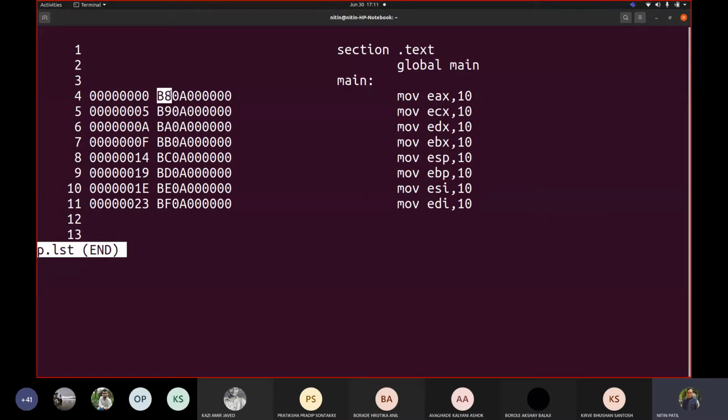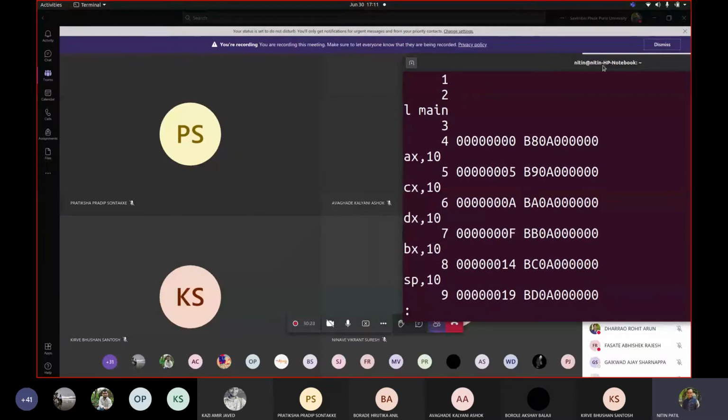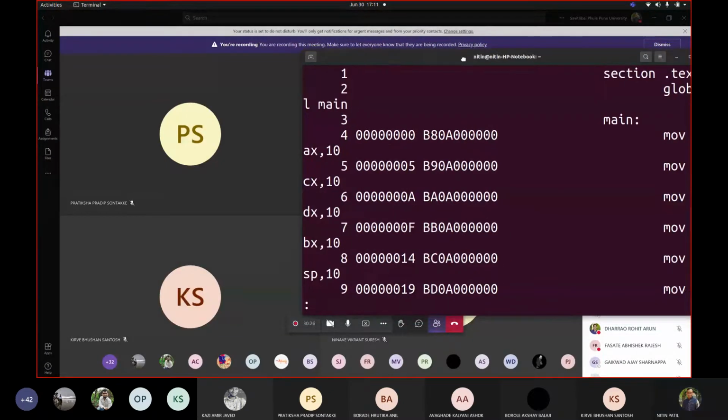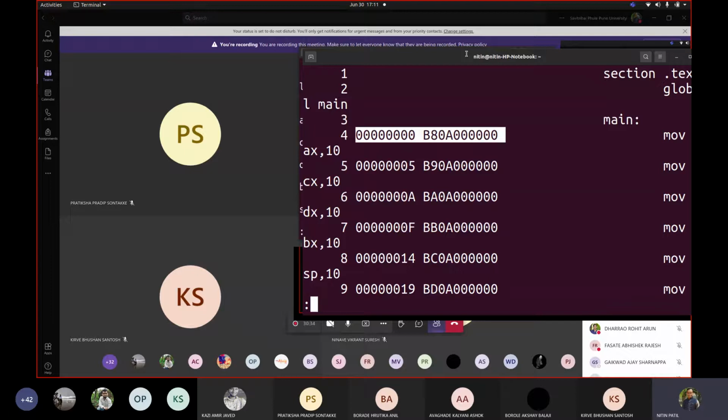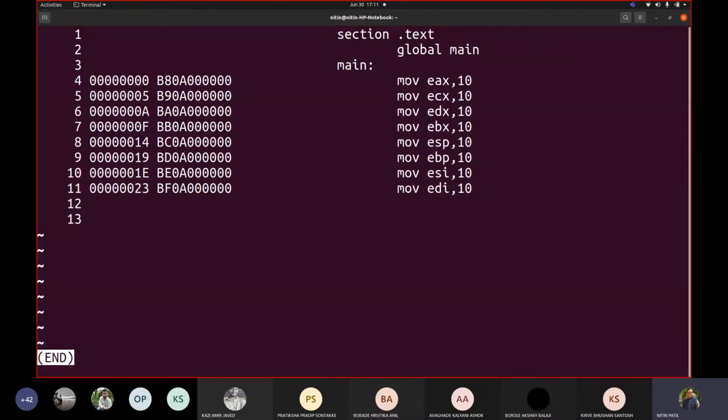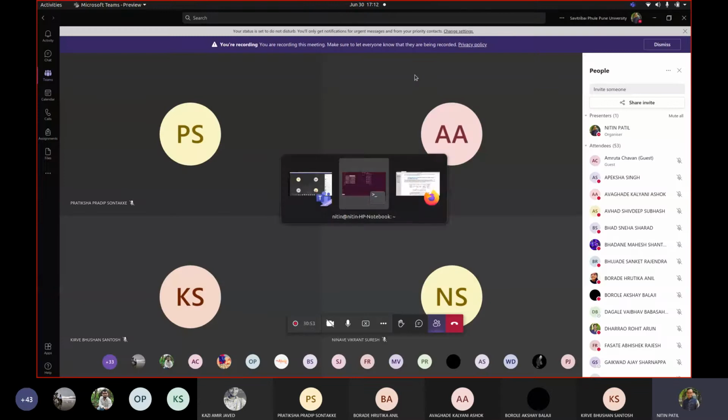So how this B8 is decided, that's what our target is. Suppose I hide this part from you, and if I show you only this part, will you be able to tell that this is mov EAX comma 10? That's what our target would be. Because our target in writing an assembler is: if I am given this instruction, how do we generate this? So I am applying reverse engineering, because that would be easy for us to learn how we can reach from this to this.